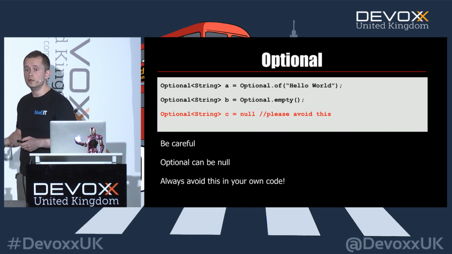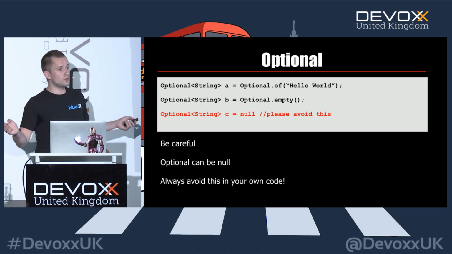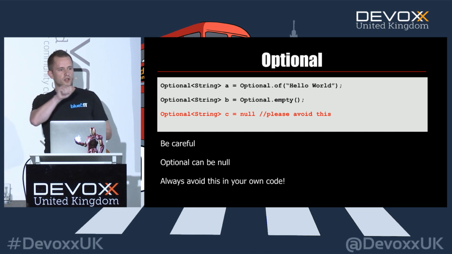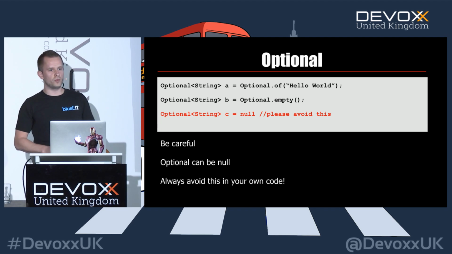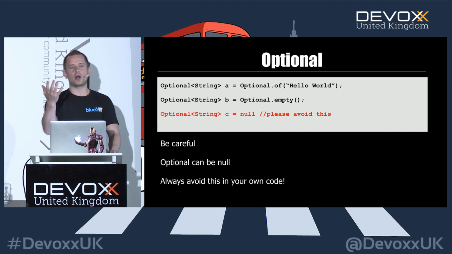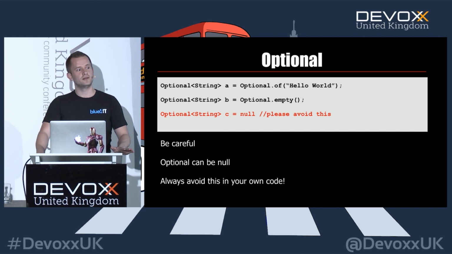Because an Optional can be null. We are living in an object-oriented world, right? And there are still some people that first initialize all the variables they're going to use and probably set it to null. And if you do that with an Optional, we still end up with the same crap that we had before. Because now we have to check if it's null, and then we can open the Optional. So please avoid this. If we just make the promise to each other right now to never, ever, ever, ever set an Optional to null, we have no problem at all.